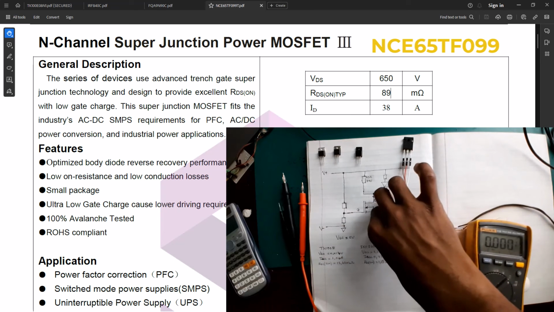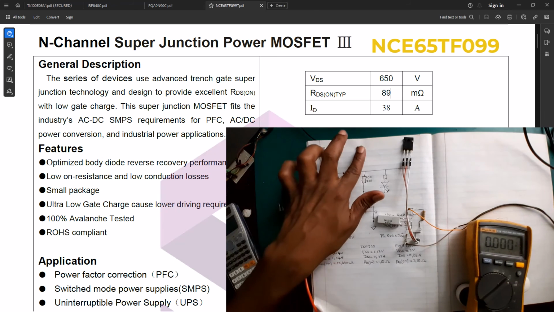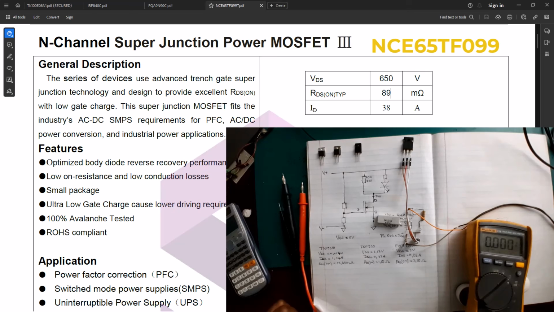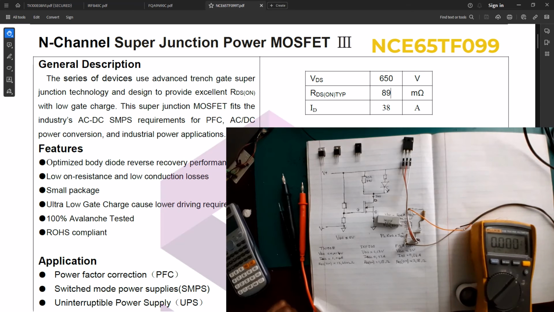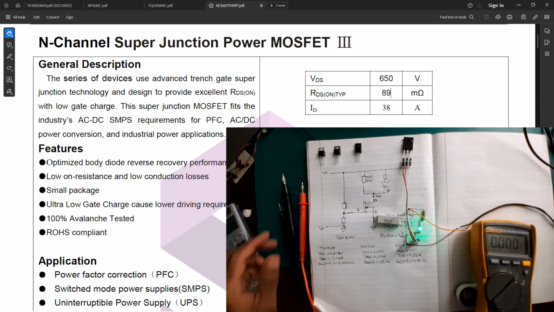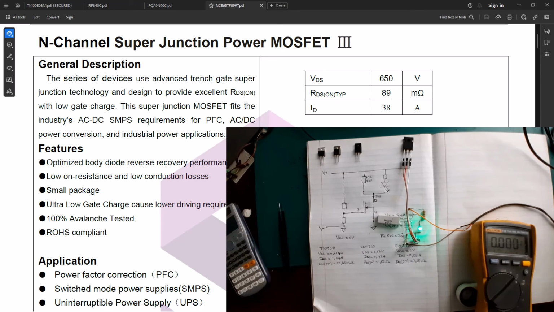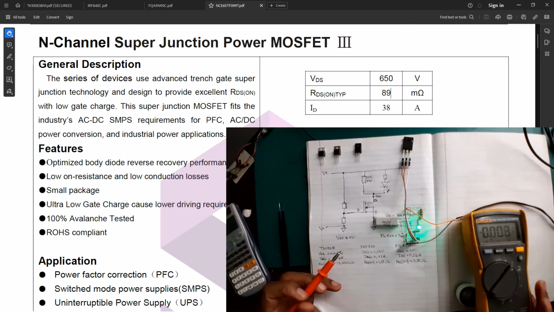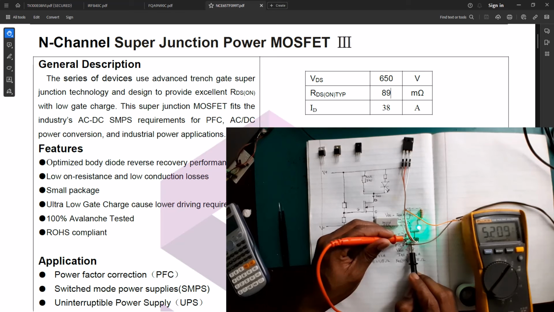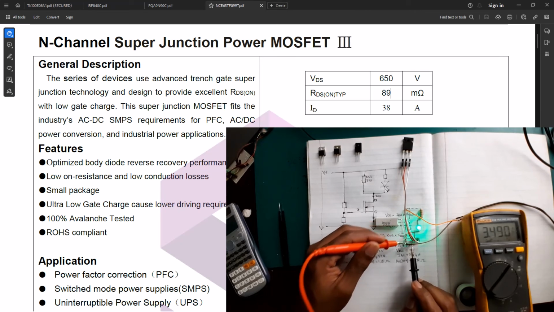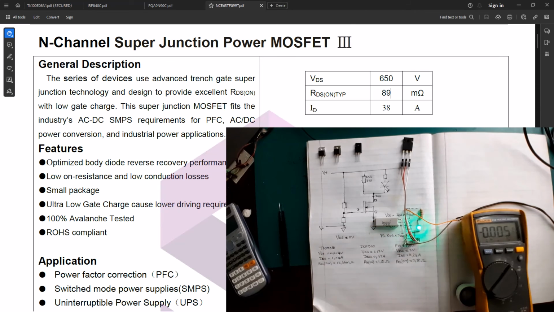Our load is still hot here because the previous MOSFET was driving it. Now if I turn on this circuit once again, as you can see, the MOSFET is turned on because I've already got a 10 volt running there. So we can go ahead and measure VGS, and VGS is 5.2. Okay, so the MOSFET is turned on, but it's not fully turned on because the test conditions are also for